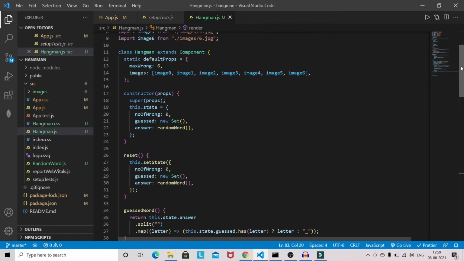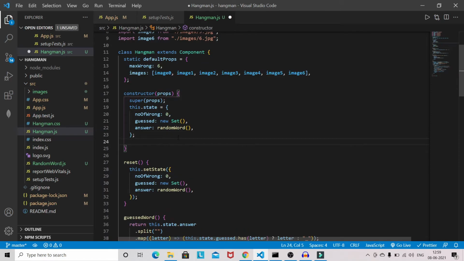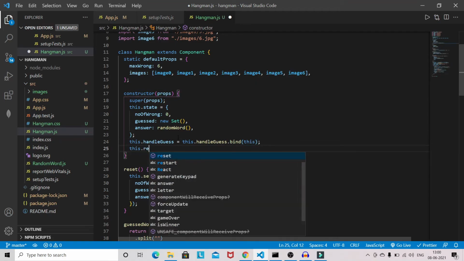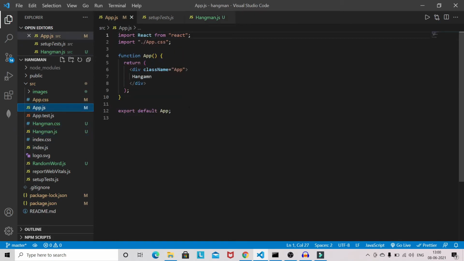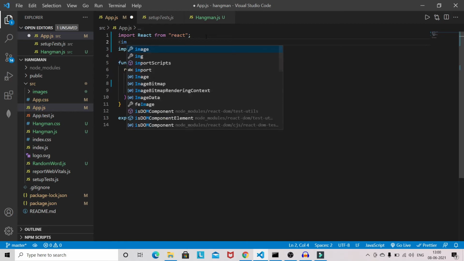Let's see if everything is correct, and we have to bind the event handlers handleGuess and reset in the constructor. So let's bind those functions. this.handleGuess is equal to this.handleGuess.bind(this), and this.reset is equal to this.reset.bind(this). So let's go to the app file and import the file here.